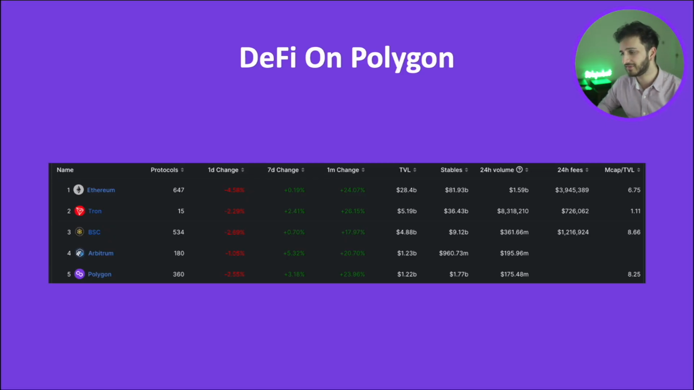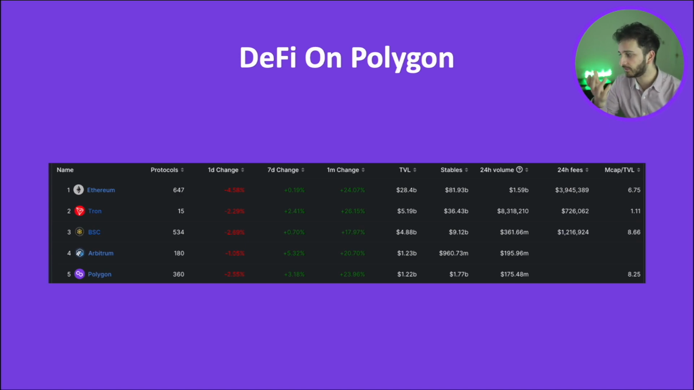Now, next, let's talk about DeFi on Polygon. Here you can see that Polygon is ranked number 5 in terms of all chains. Lots of protocols built on Polygon, but TVL wise, it's still quite small, about 20 times smaller than that of Ethereum. Arbitrum recently overtook Polygon, and I think Arbitrum probably has more interesting, innovative DeFi stuff than Polygon does,